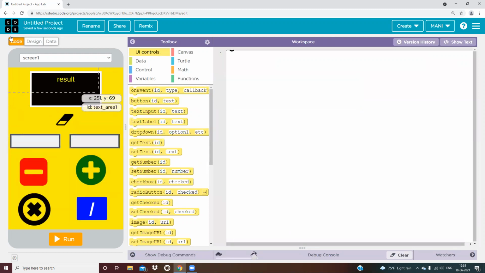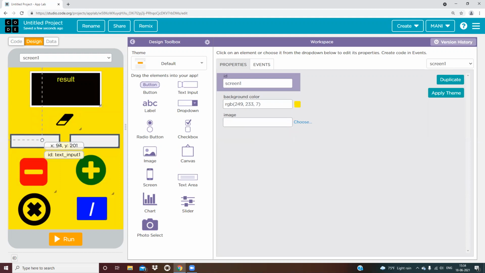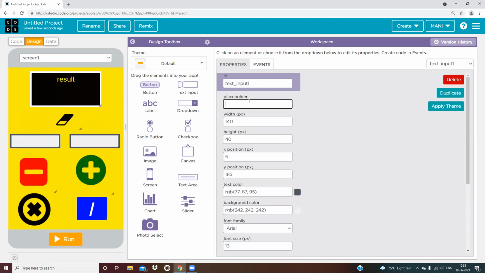Our designing is done, and in this I'm writing first number, and over here second number.